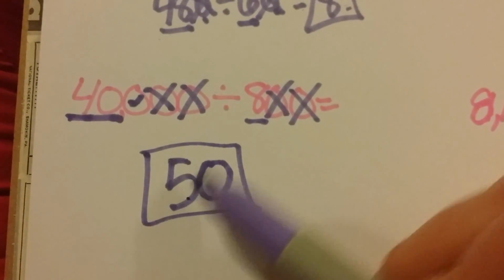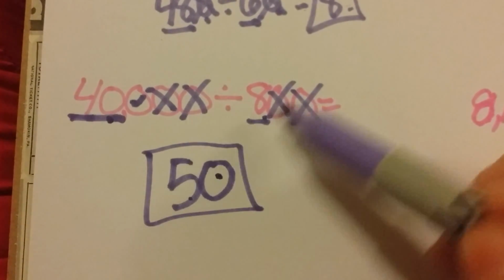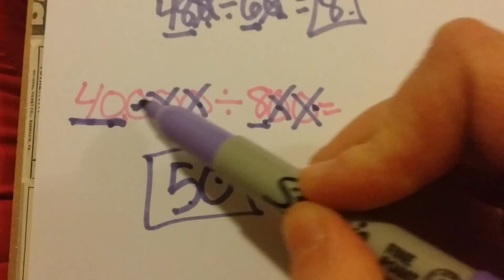Again, go back and check it. 5 times 8 is 40. 1, 2, 3. 1, 2, 3. Okay, one last